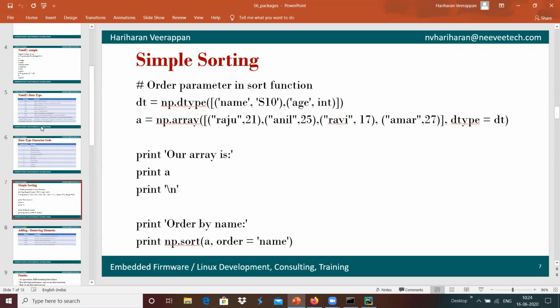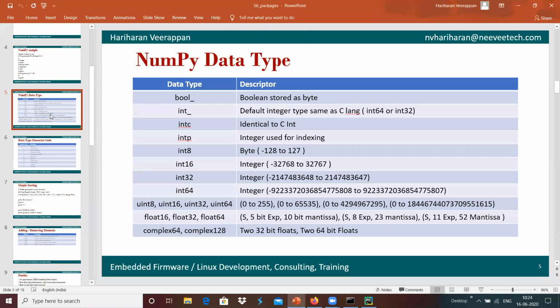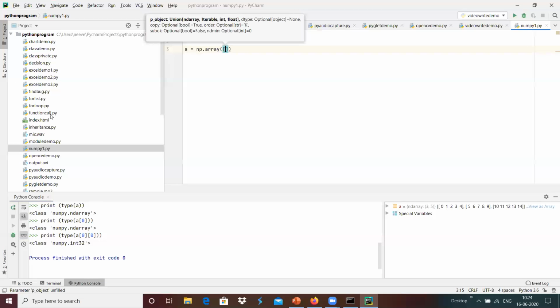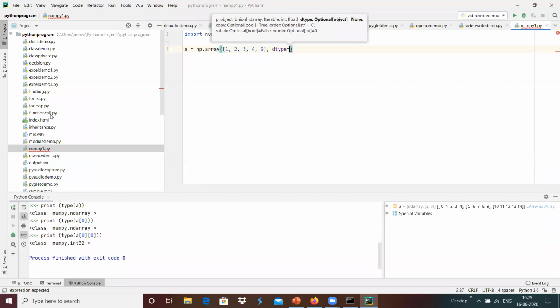Maybe we can define an array 1, 2, 3, 4, 5, and then define the data type as float.